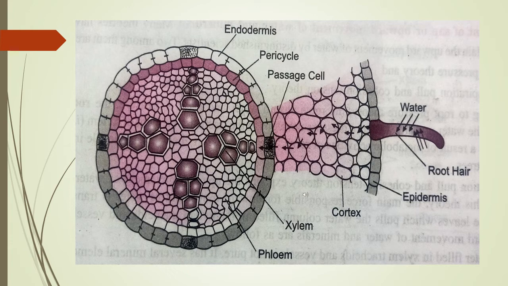The roots of a plant have hairs called root hairs. The function of root hairs is to absorb water and minerals from the soil. The water and minerals absorbed by the root hairs from the soil pass from cell to cell by osmosis through the epidermis, root cortex and endodermis, and reach the root xylem.